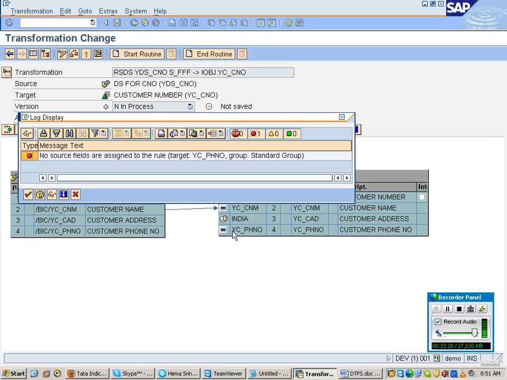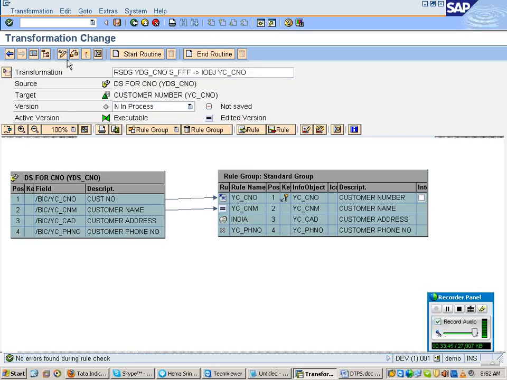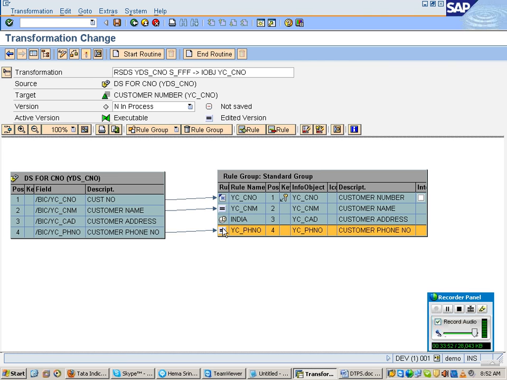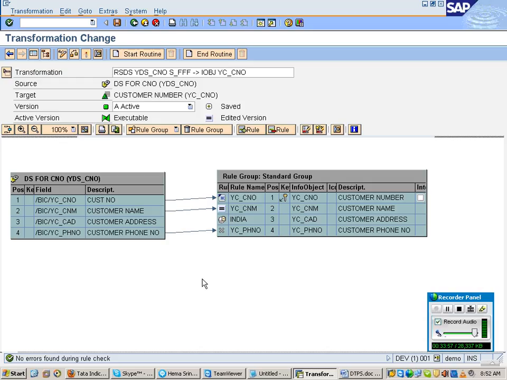Because still the rule type is direct assignment, it is thinking that it still has to get the data from some other source. Now, after deleting the link also, what you have to do? You have to convert it, and then you will not get any problem. Or let the line be like that itself if you want, then you can apply, so anything is same. Even though you remove the line, ensure that it is converted into no transformation.